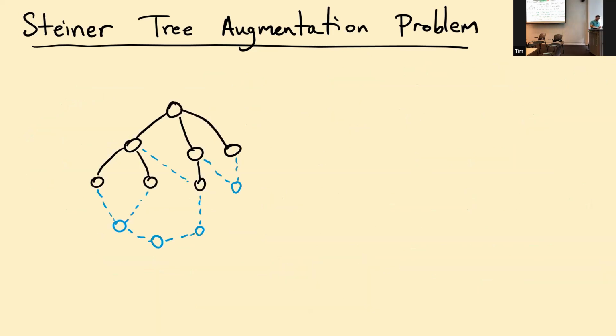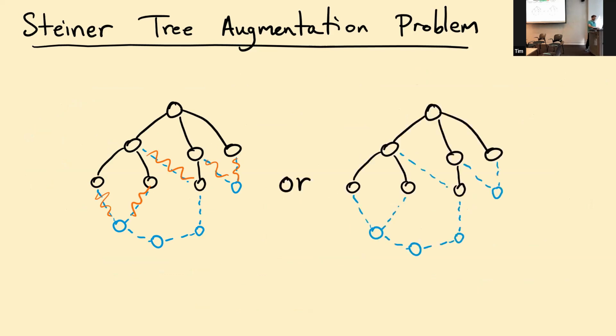Okay, so this is the problem. Just a couple of examples. If this is the tree and we're seeking to make it two-edge connected, I could add in these orange links and it becomes two-edge connected. Another example which kind of illustrates things is I could take this large component outside the tree and add it in,